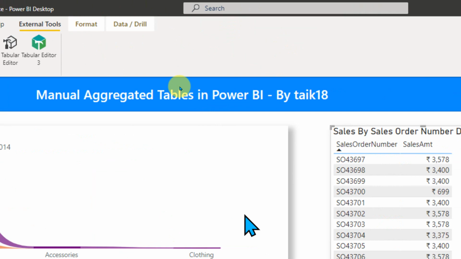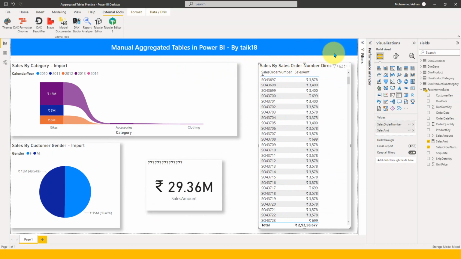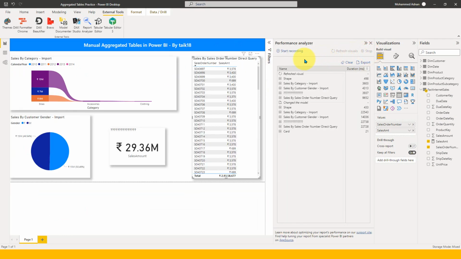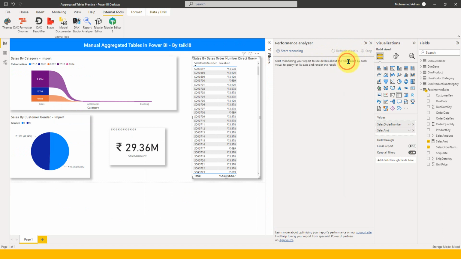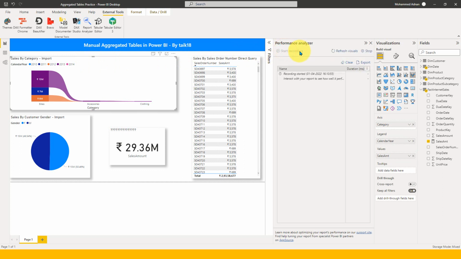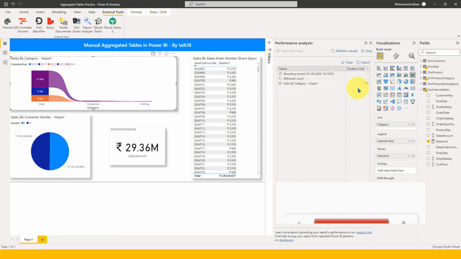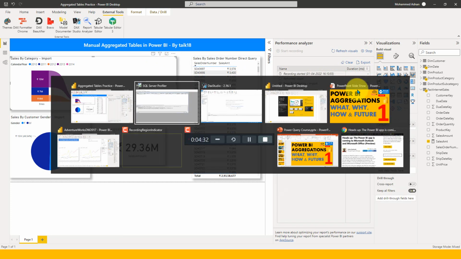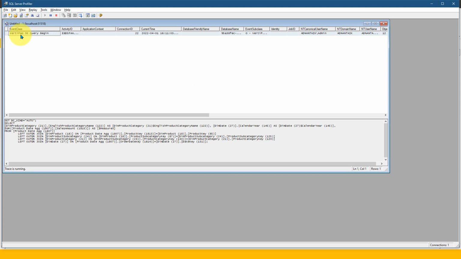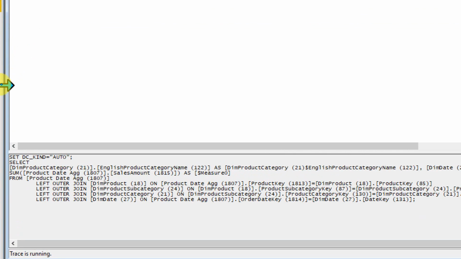Keeping the Performance Analyzer open here, I'm clearing everything, selecting this one which is sales by category, and starting the recording. After that, if I click on this icon to analyze this visual, it refreshes, and it has taken 775 microseconds. If I go to the profiler, you can see one query here, and if I expand and zoom in on it,